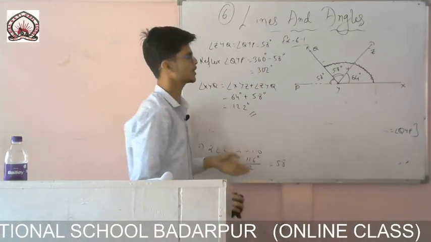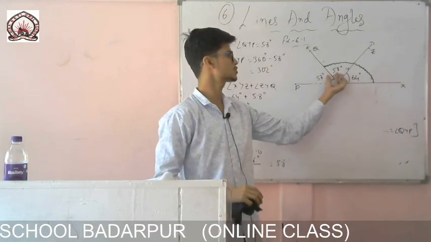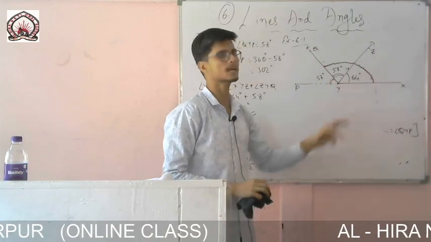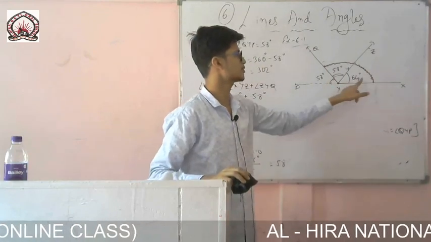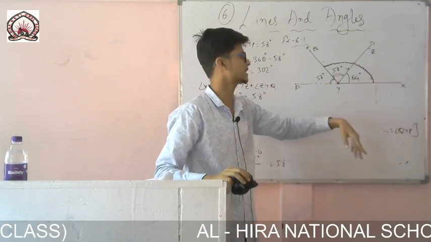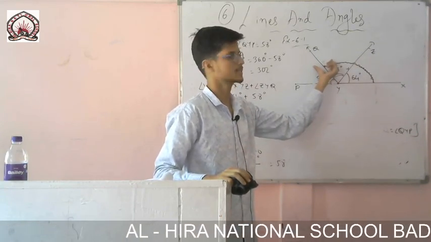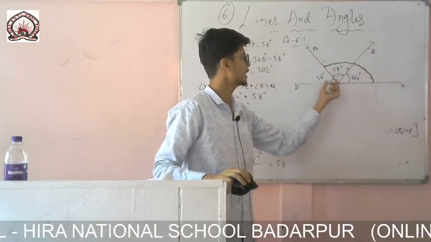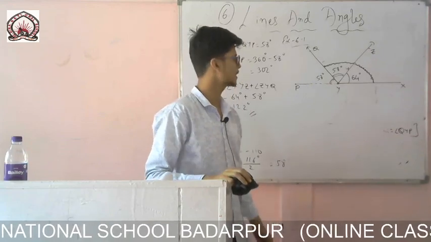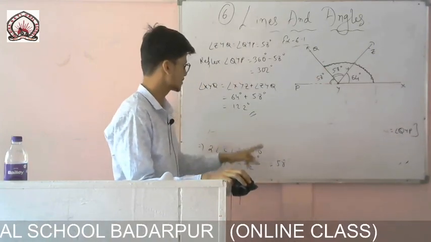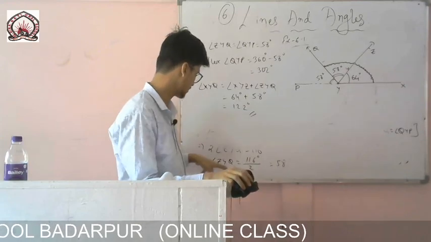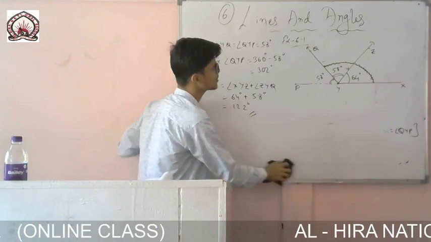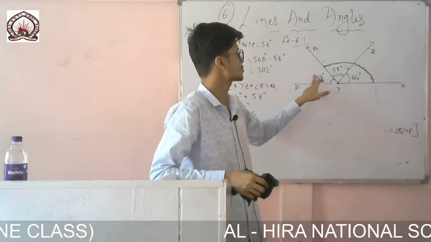Very easy thing. First of all, what I have done, I have found out these two angles. So I have shown you the process. First of all, I have taken all these three angles equal to 180. After that, I have written the value of this one. It was given 64, so I have deducted that one. And since these two angles are bisected by the line QY, that means these two angles will be equal. So since they are same, I can replace this one by that one. From this one I have got that ZYQ is equal to 58 degrees. That means this angle is also equal to 58.